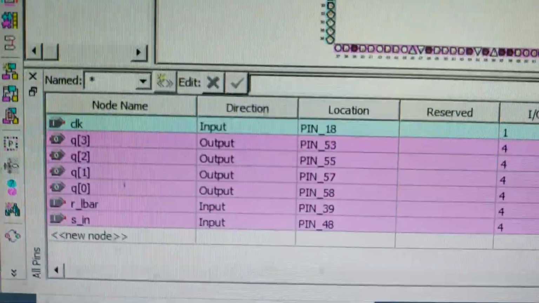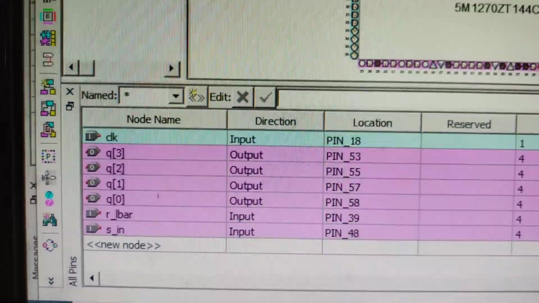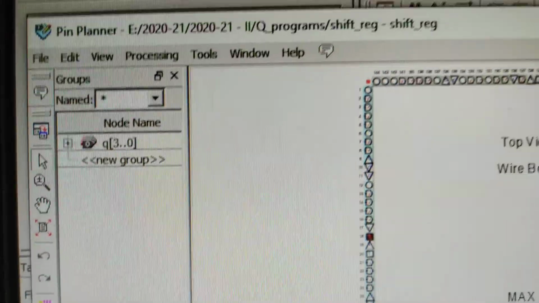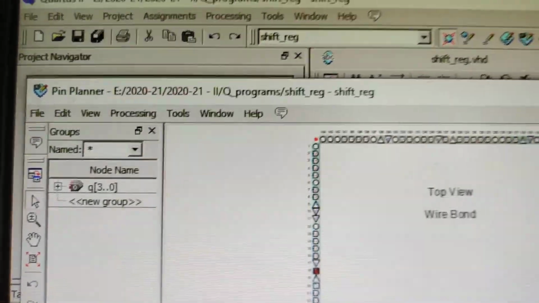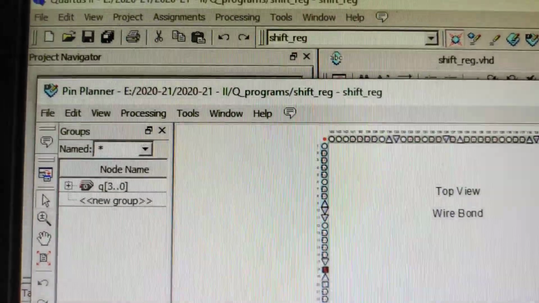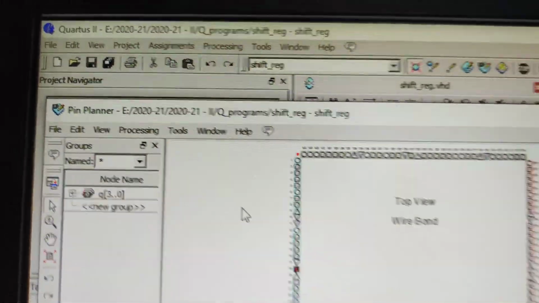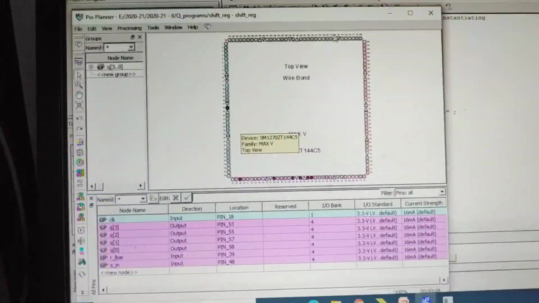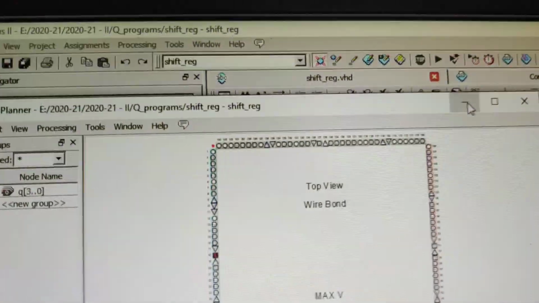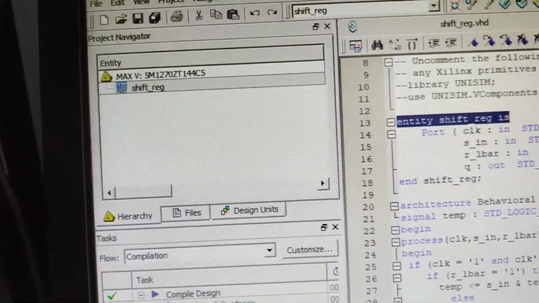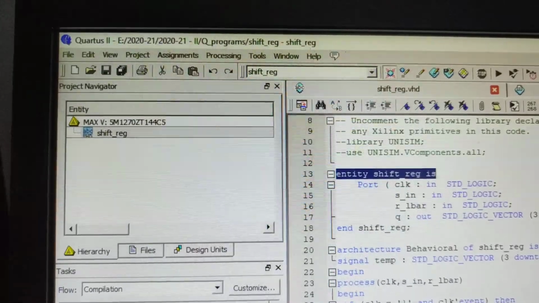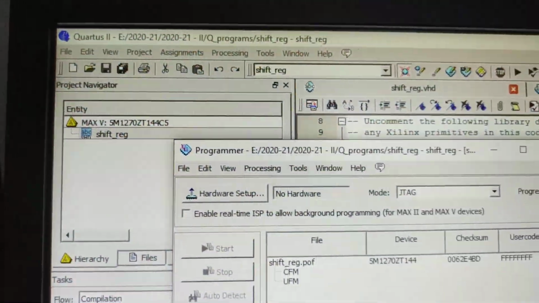So these things are put there, and then again going for the pin planner, that is in the assignment. Then saving this pin planner, again compiling, and going for the next step, which is the SVF file.